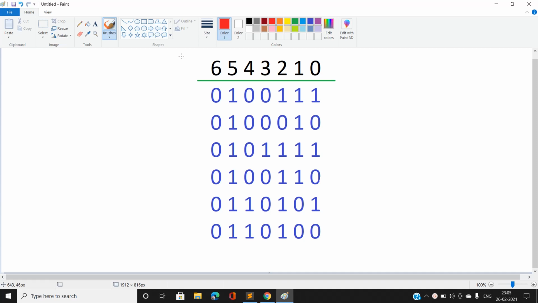What I have written here are the positions of bits, that is the zeroth position, first position. You can also understand it as 2 power 0, 2 power 1, 2 power 2 and so on for further higher bits. Here I have listed 6 elements, and I have written the binary representation, BR, of all the 6 numbers of the array. Let's suppose we have 6 numbers.